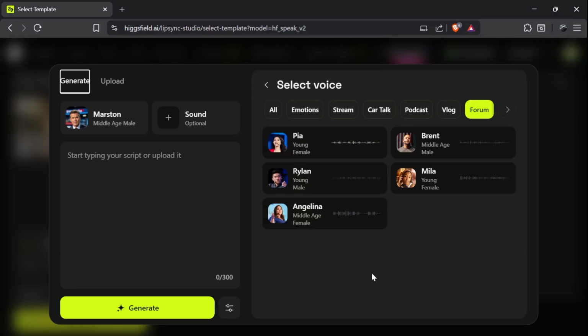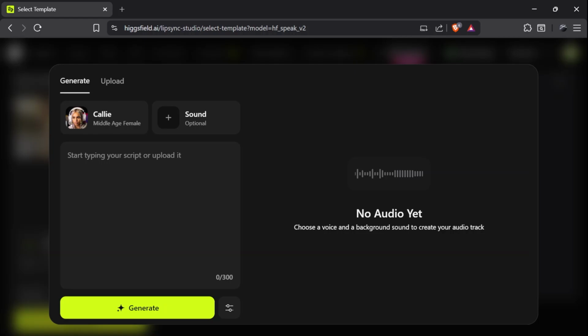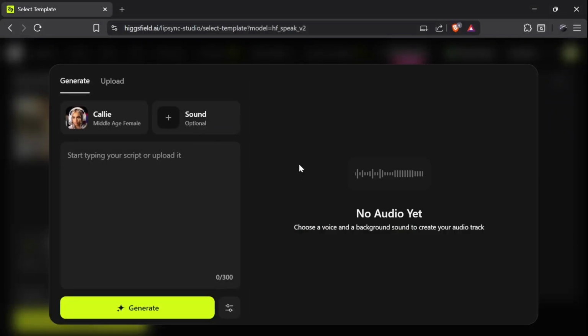So you can explore all the voices and select the one that fits appropriately to the character that you have just uploaded the image for. Once you have selected your voice, all you have to do is click on this button, which is the voice card, and it will be added. Other than that, if you want to add in any background or ambient sound, you can click on this sound option and then choose one of these. So I'm going to skip on that and let's just write a little script that I want that character to